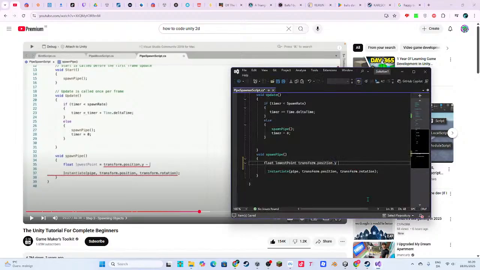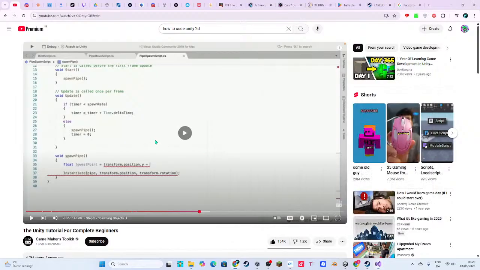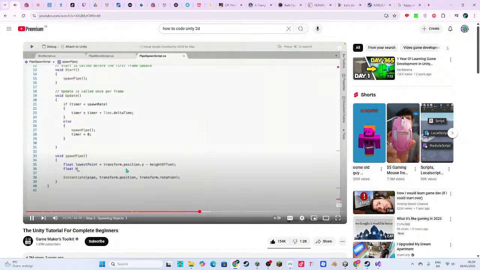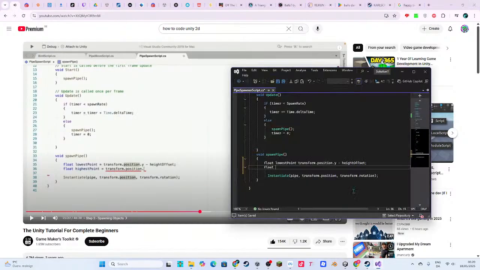And then we'll make another float, one for highest point, but this time it's plus. Float highest point.